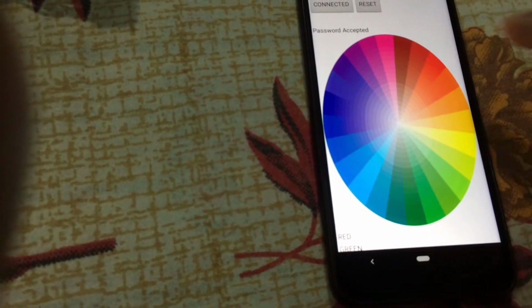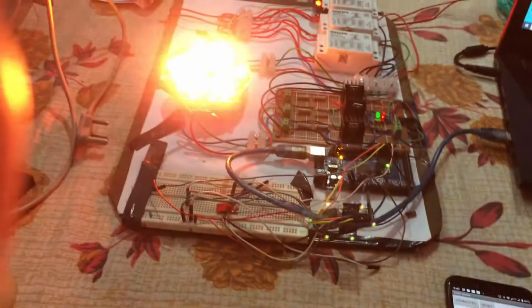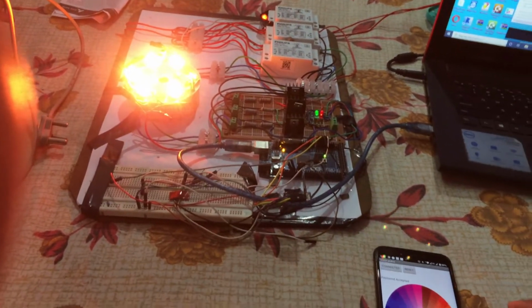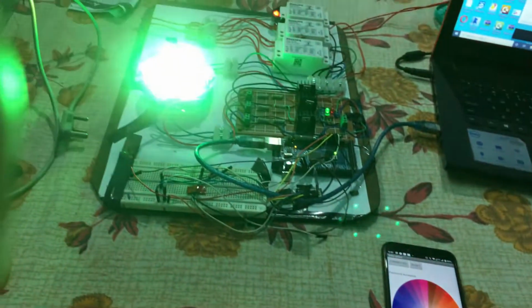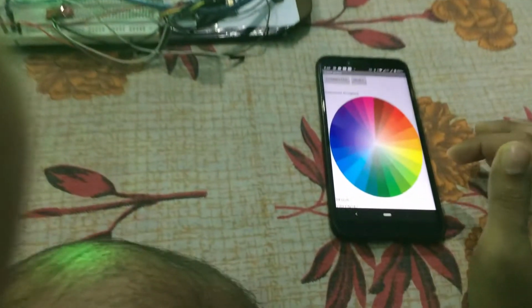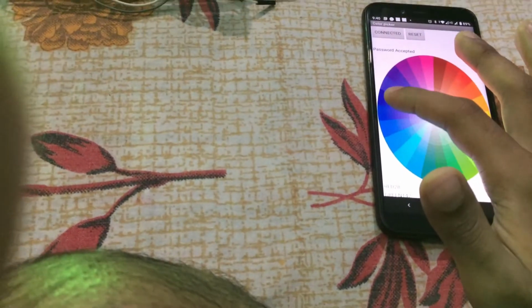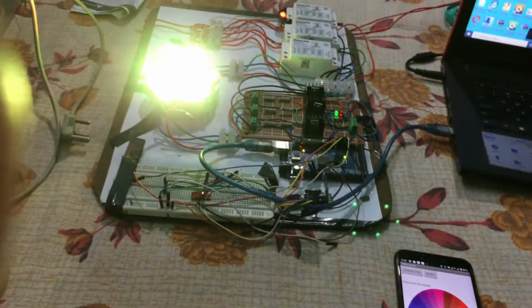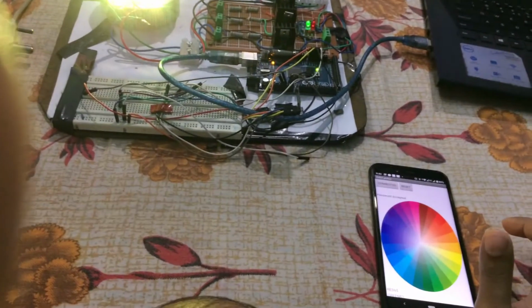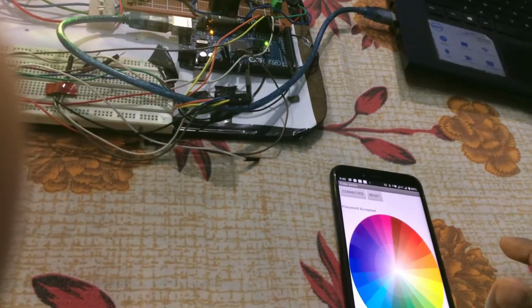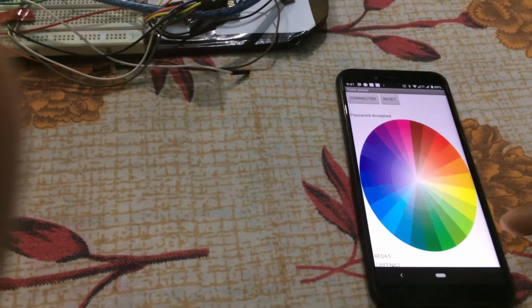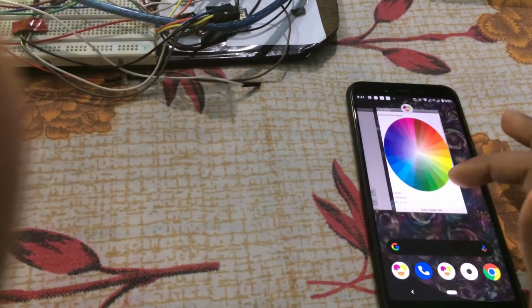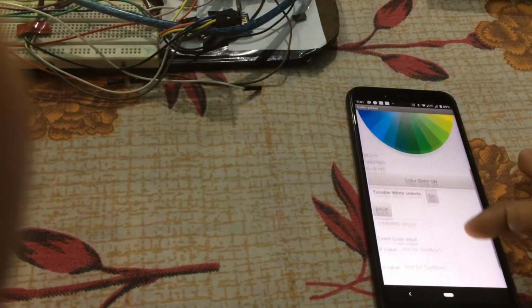Now we can see that a color picker is given. If we tap at any part, that same color is given as output here. We have created this app to convert the colors to RGB pixel values in the format from 0 to 255. If we move downward, we have our direct color inputs.